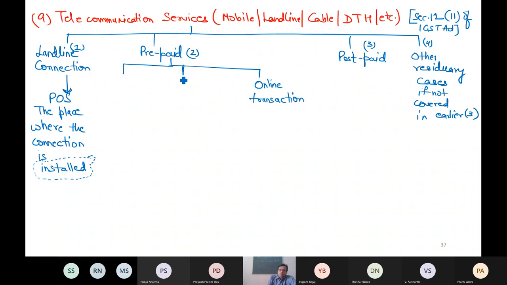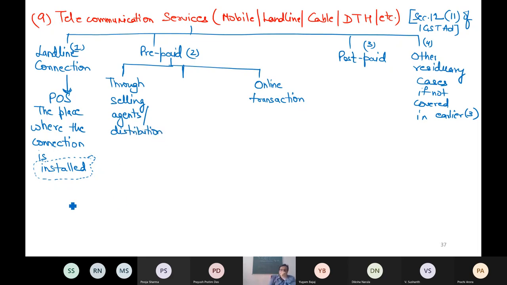Or with the help of what? Authorized selling agents. Companies have their own agents also, own shops you can say, selling agents or big distributors. Or